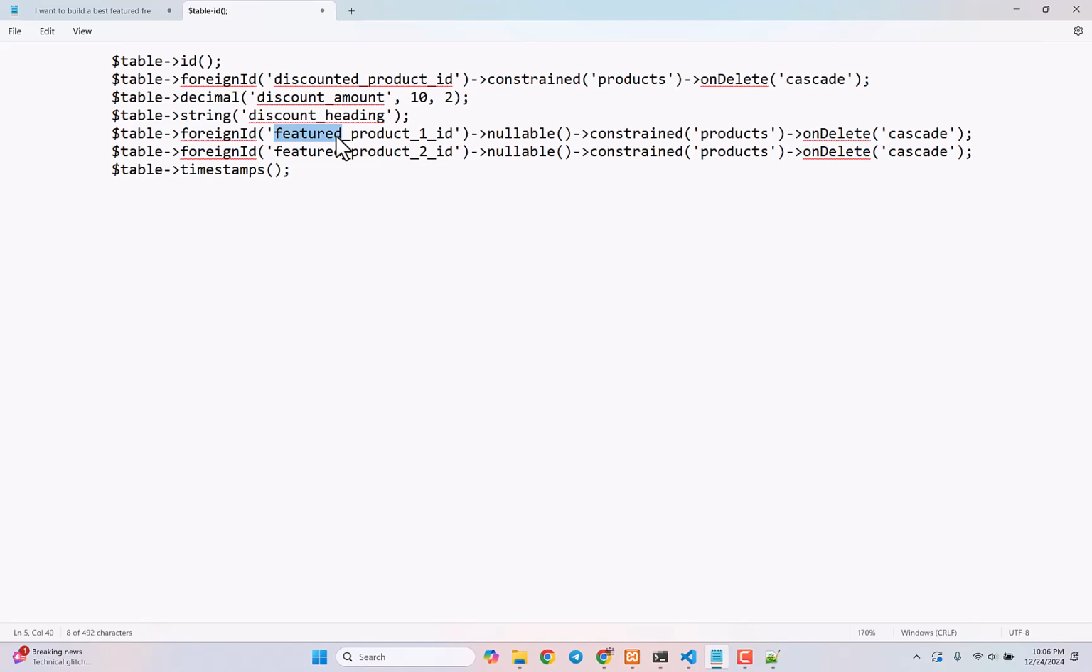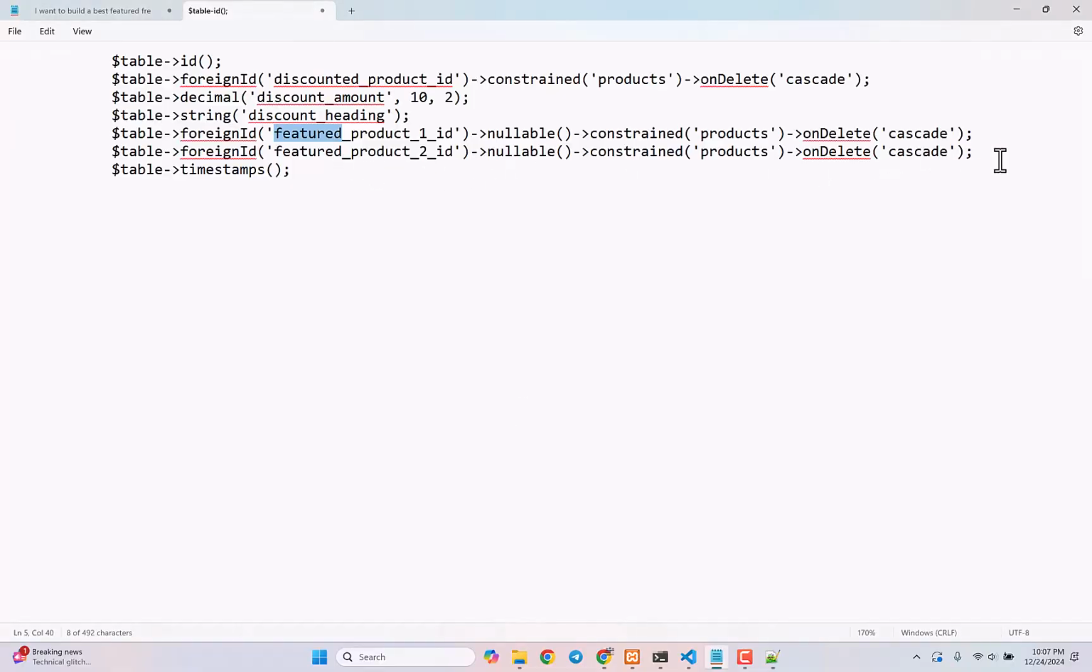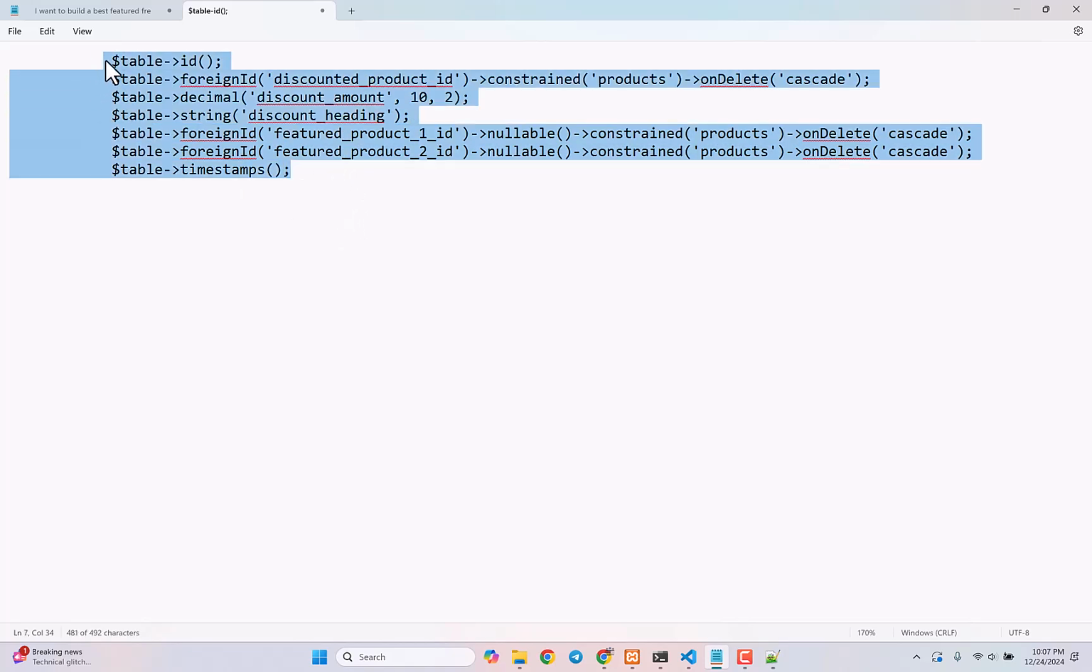Now, feature product 1 ID. That means this feature product, admin will also be able to choose from the admin panel. Whatever is marked here as feature product 1, and whatever is going to be marked as feature product 2, these two admin will be able to set from the admin panel. Okay, and time is done. That's it. Now let's copy them